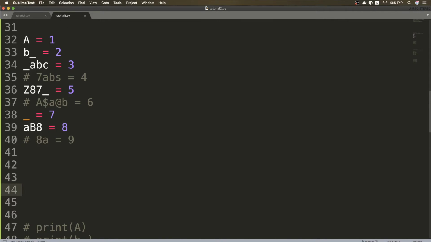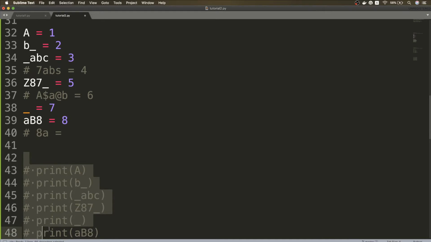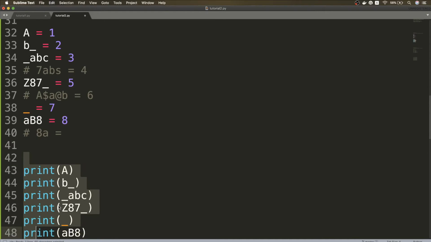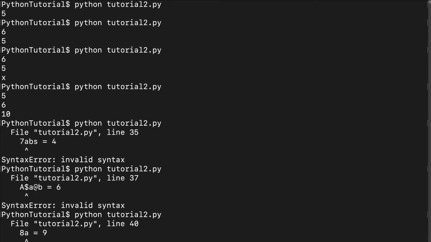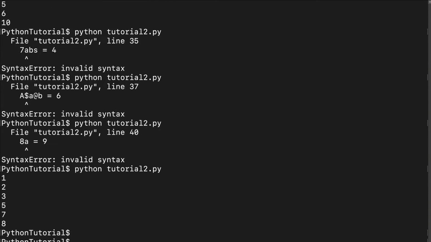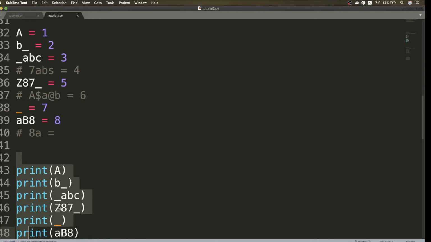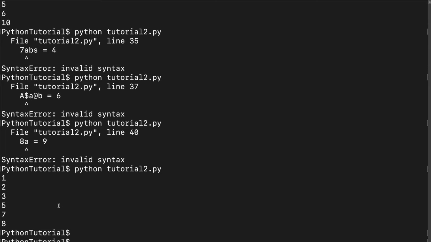For the rest of them we can simply print them. Let me print those values to see if they are correct or not. You see these are printed correctly based on the values assigned to them, and thus these are correct variable names.